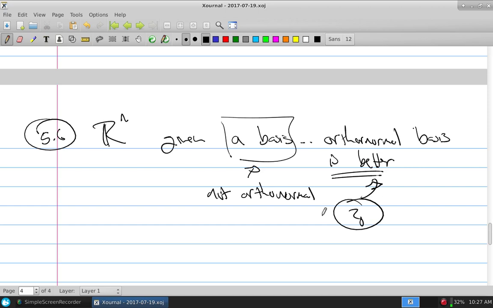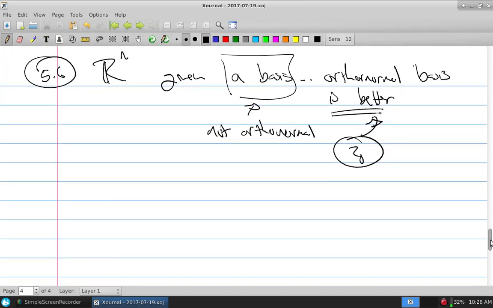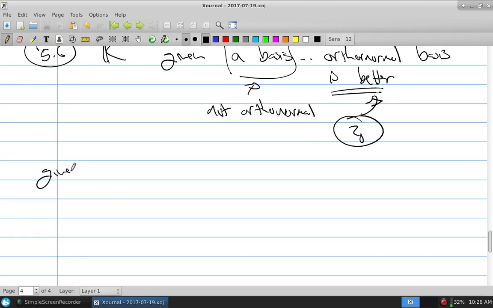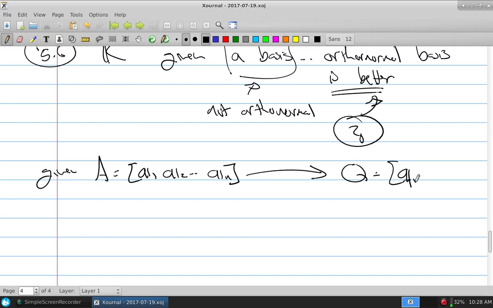You could always just simply throw out the basis and pick an orthonormal basis. But normally what I would rather do is take a basis and modify it accordingly until I get a new basis that's orthonormal. And so this idea was, if I was given, say, A, which is equal to A1, A2, up to An, can I have a process where I'll get a Q, which is made of Q1, Q2, up to Qn, where this side is not orthonormal, and this side is orthonormal. What's this process? And this process is called the